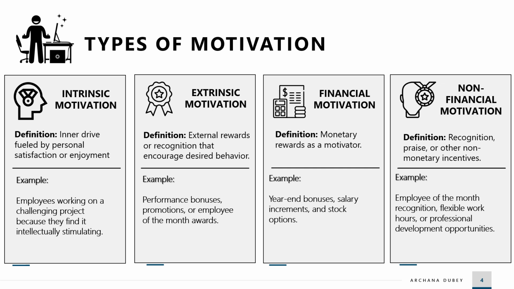Second आता है extrinsic motivation. Extrinsic means anything which helps you achieve your goal because you are getting rewarded for it. For example, people working on many projects because they'll be getting incentive when they complete it on time. That is extrinsic. जहाँ पे आपको external reward, materialistic reward मिलता है, वो extrinsic होता है. For example, performance bonuses, awards, recognition, certificates, employee of the month award, ये सब extrinsic होते हैं जिसमें बाहर का